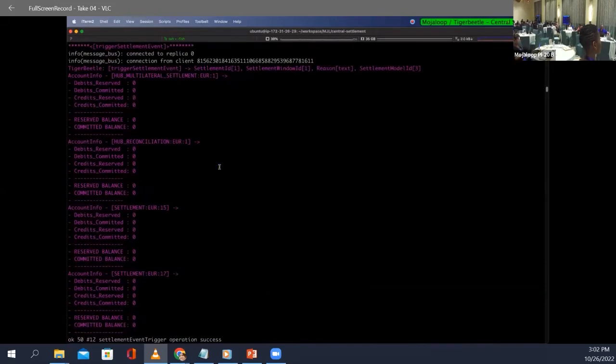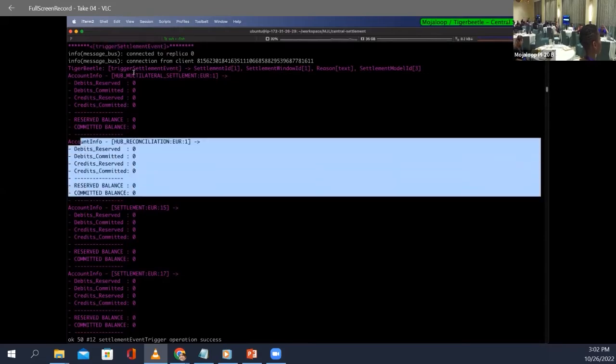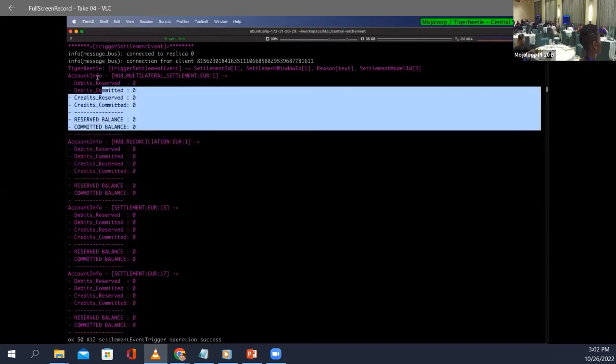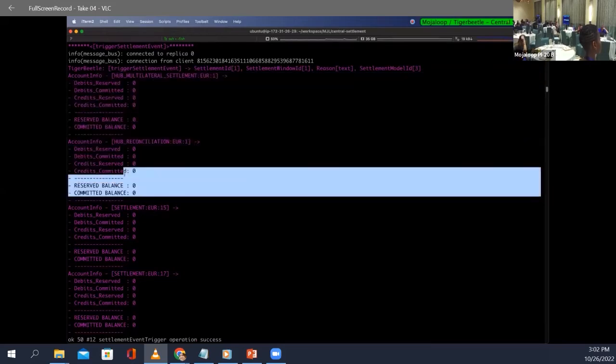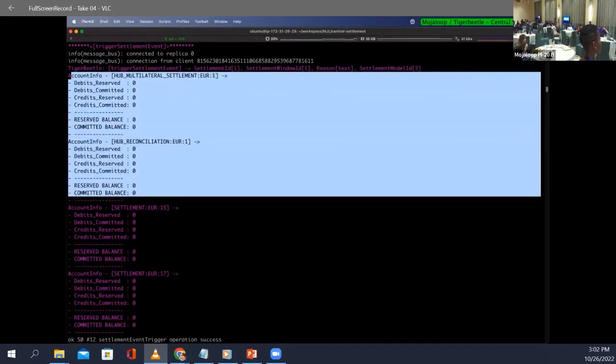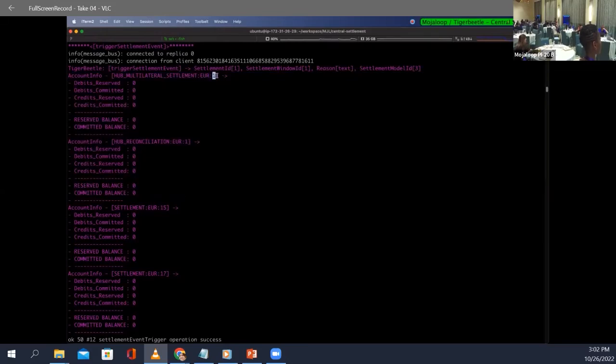Now that all of the data is prepared, we can start with our first settlement event, which is trigger settlement event. The trigger settlement event is responsible for creating all of the necessary accounts required during settlement. The first 2 accounts are hub-owned accounts, the hub multilateral and the hub reconciliation accounts. You'll notice that all of the hub accounts have an ID of 1, and there will be a hub account